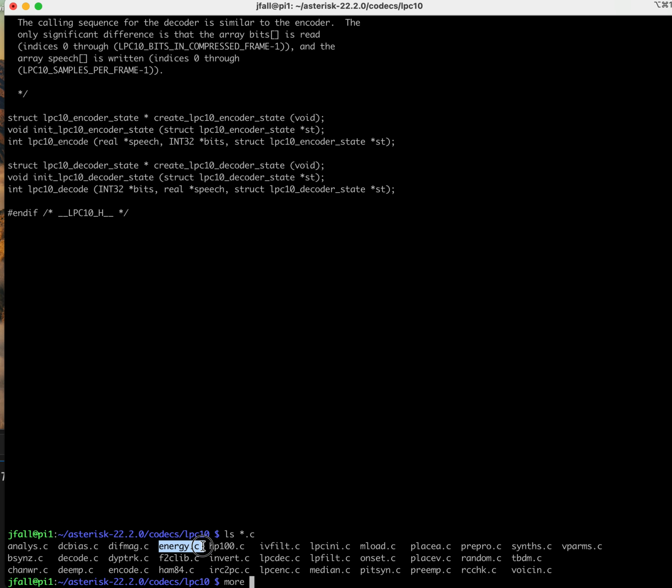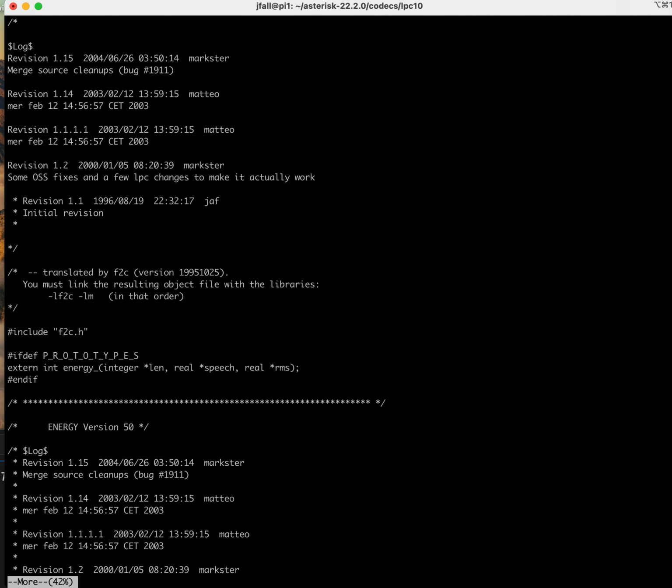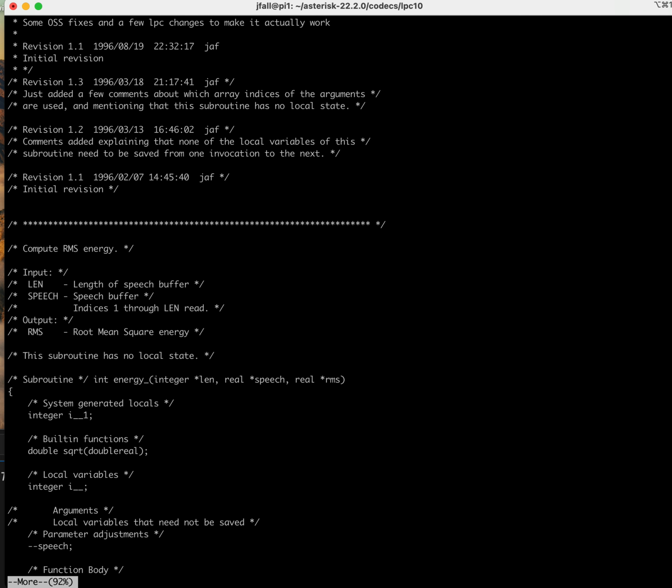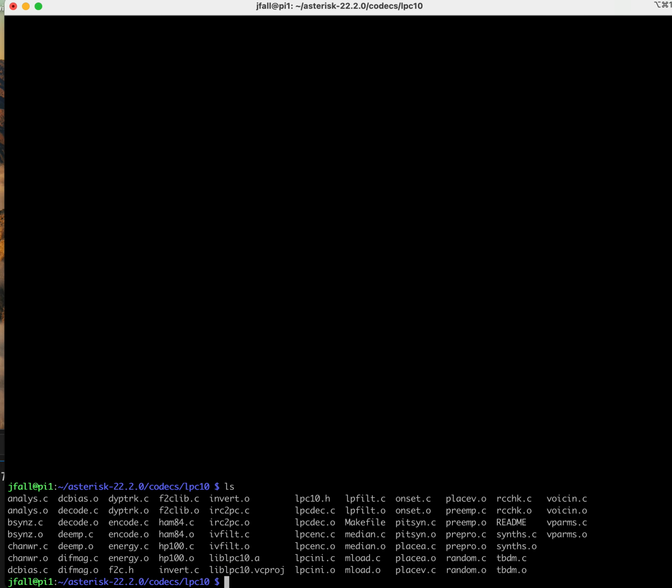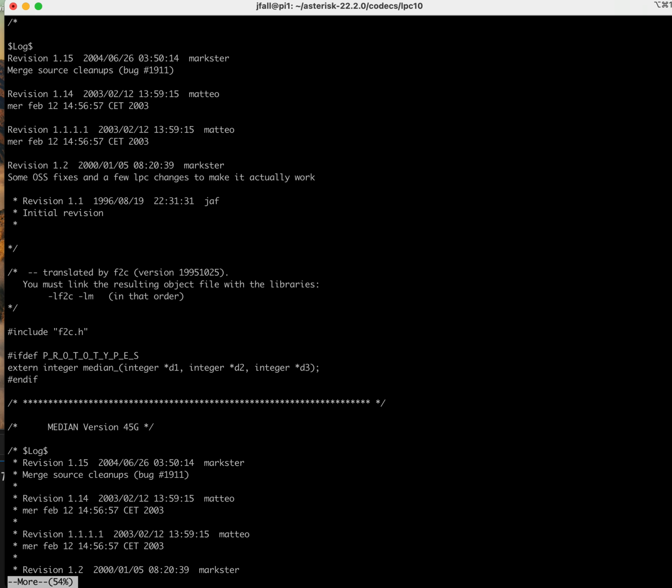What's energy look like? All right. That's a really old file, isn't it? Looks like the original Markster was working on this and they translated it. Wow. So this is a really old file. They have some defs in here. Yep. Anyway, this is professional C. Old but very professional. Of what you might see from a really large program. Okay, anyway,